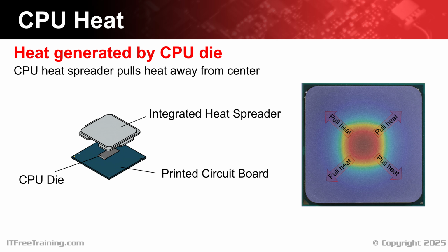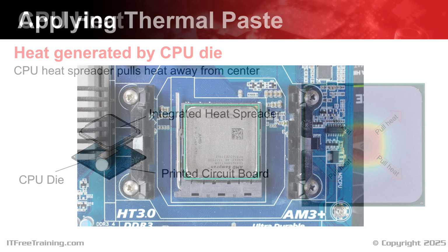Thus, you can understand why I want to ensure that there is thermal paste in the center of the CPU, since this is what generates all the heat. The heat spreader effectively draws heat away from the center. Thus, having the thermal paste centered on that area ensures that the area has good coverage. As you move away from the center, there's less heat, and thus if there's not such good coverage, it has less effect. Now let's have a look at what happens when we apply thermal paste to the CPU.